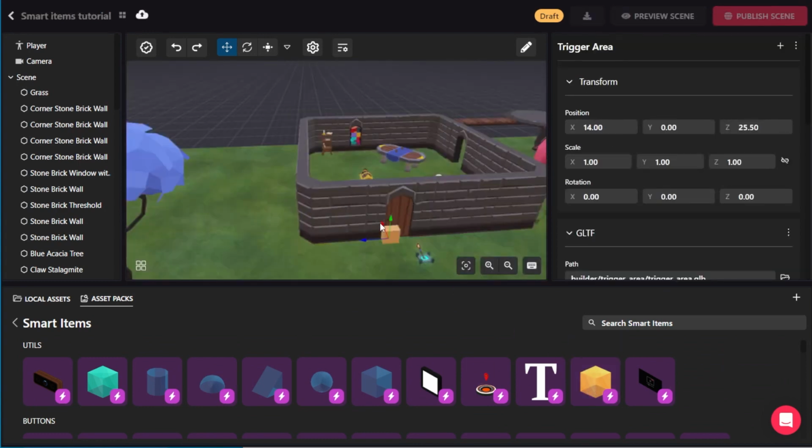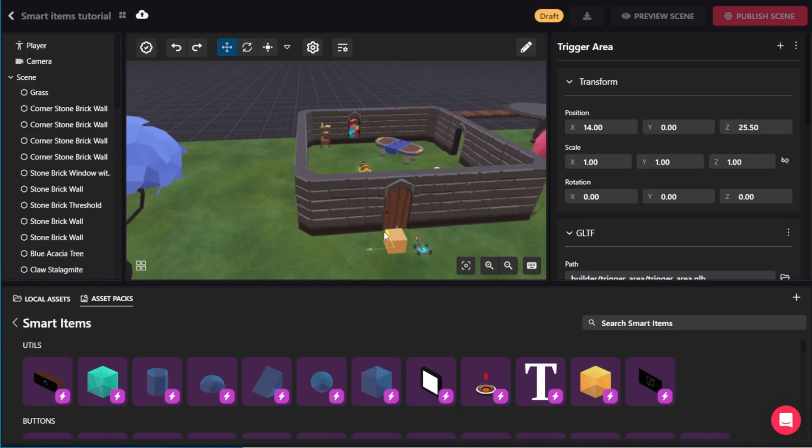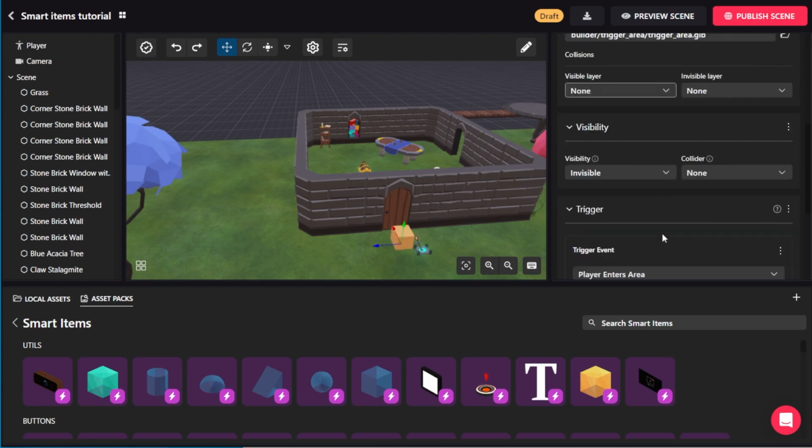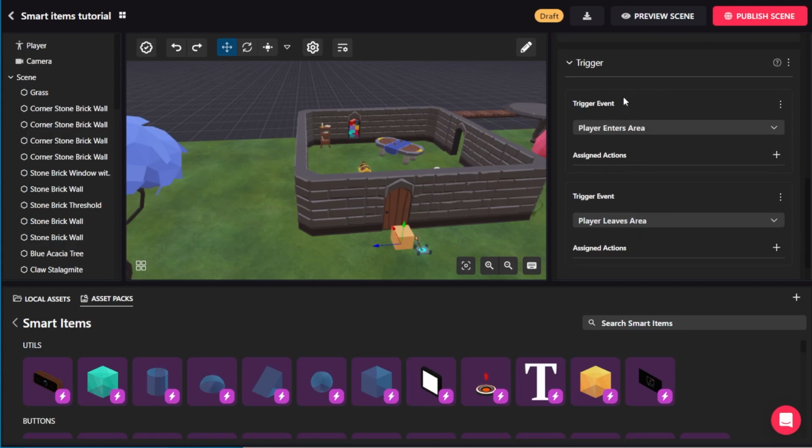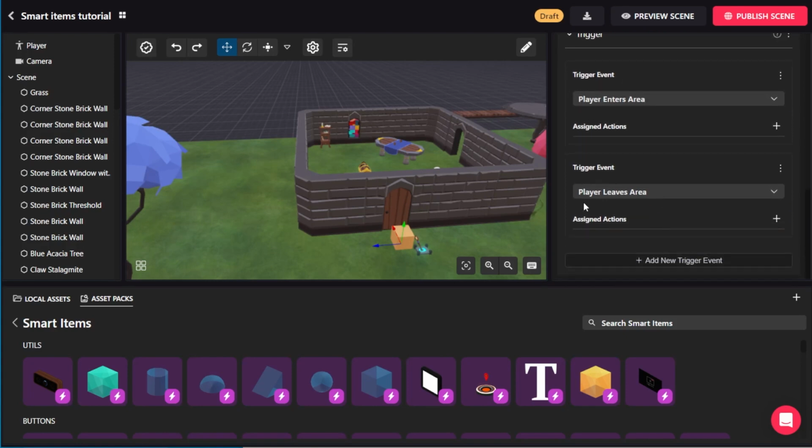Now the trigger area item is invisible to the player, so you will only see it as an orange volume when you're inside the edit mode. But whenever the player steps into the area of this trigger area, it is able to carry out actions. So, for example, you can carry out something whenever a player enters the area, and also optionally whenever the player leaves the area. In this case, let's make it so that whenever the player goes into the cube, the door